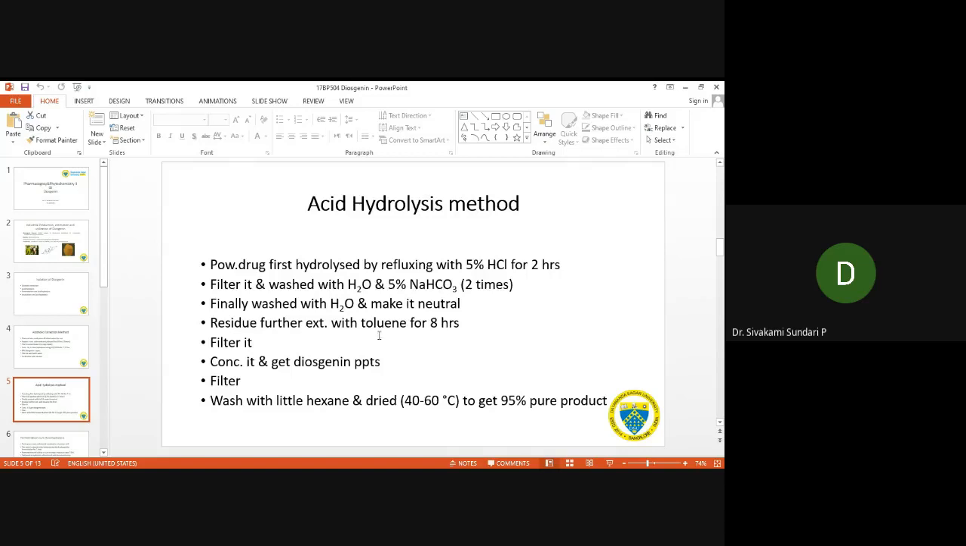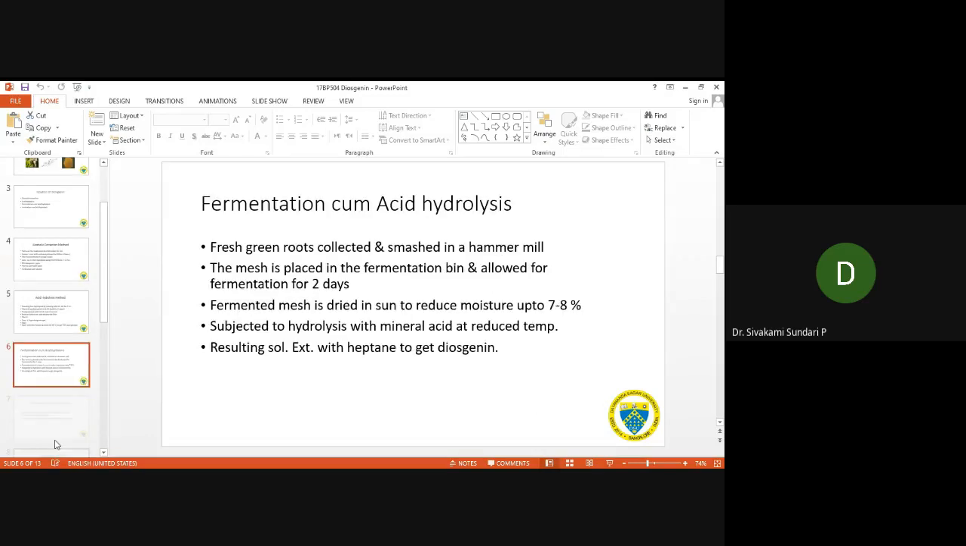The residue is further extracted with toluene for 8 hours. Then filter it, concentrate and get the Diosgenin precipitate. Then we have to centrifuge and separate out the Diosgenin precipitates. Wash with a little hexane to remove the impurity and dry to get 95% pure product of Diosgenin by the acid hydrolysis